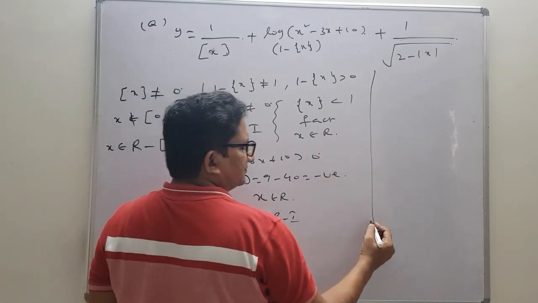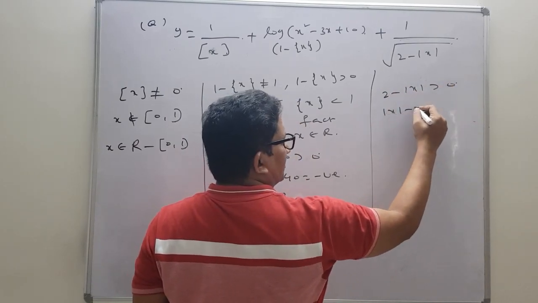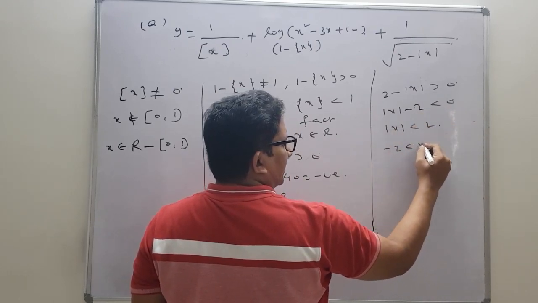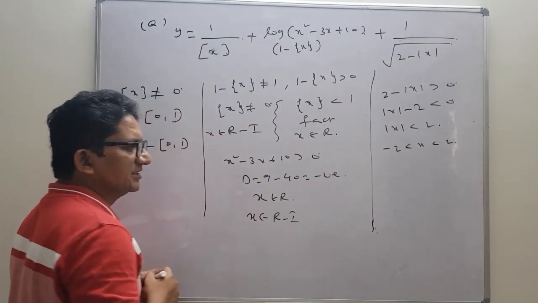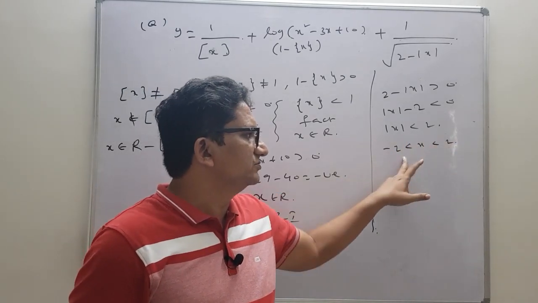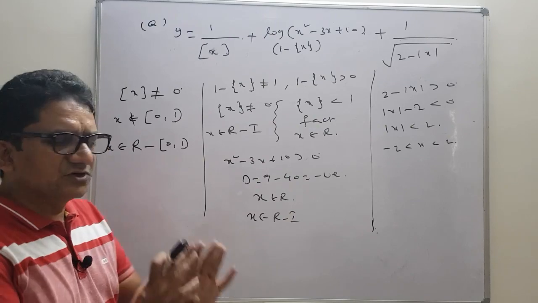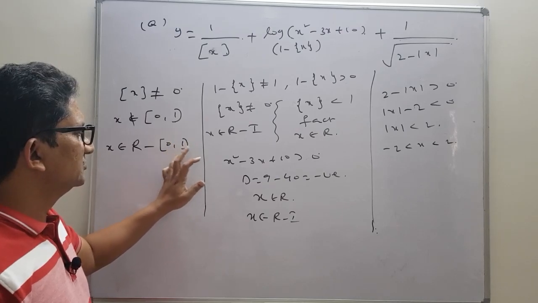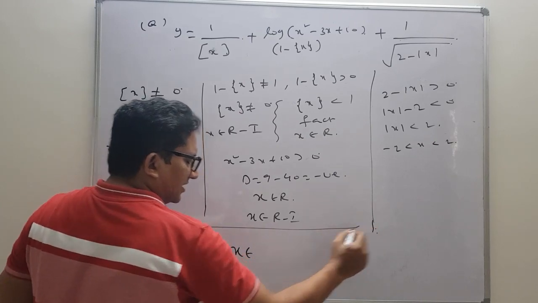Next we come back here. In this part we can write 2 minus mod x should be greater than 0. That means mod x minus 2 is less than 0, so mod x is less than 2. That means x lies between minus 2 and plus 2. Now when you write the overall solution, there is no need to go for a number line. Whatever value we take between minus 2 and 2, the remaining are real numbers as well as integers. That means we don't want any integer between minus 2 and 2, and particularly the values between 0 and 1. That's why the final result, the domain, is x belongs to